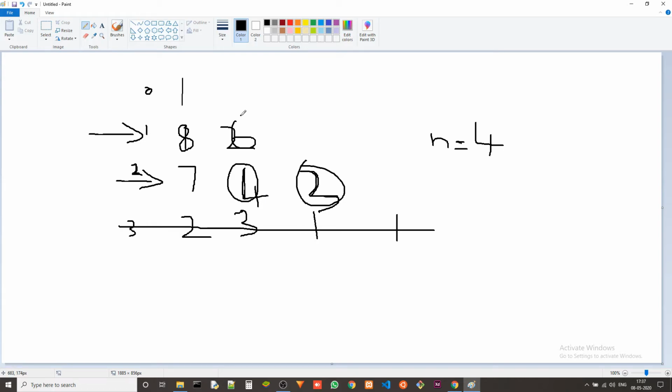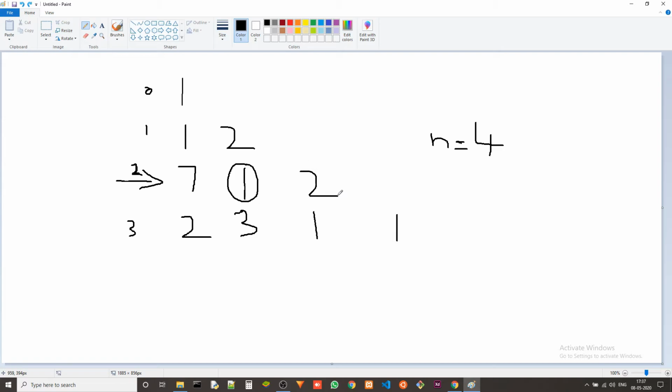It will become 6. Now we go up again, and now with 1 we can choose out of 8 and 6, 8 is maximum, so we choose 8. So 1 plus 8 is going to be 9, and this is the maximum sum that you can get. Now, why does this work?